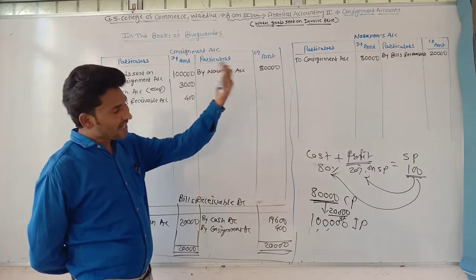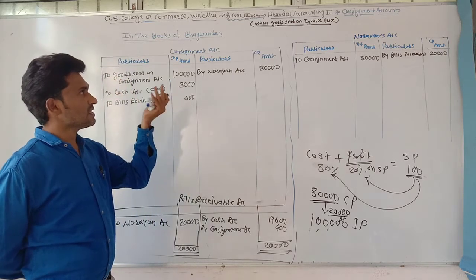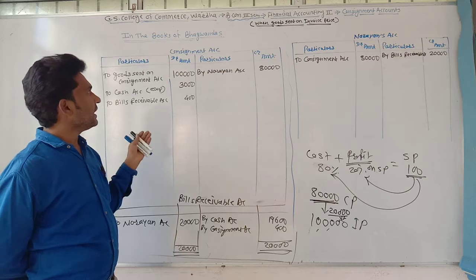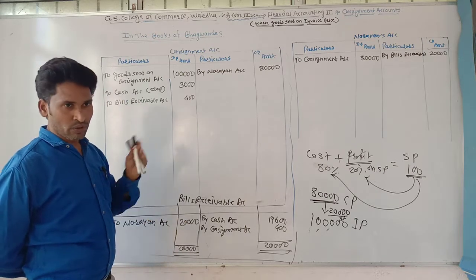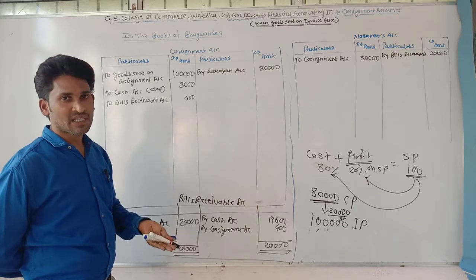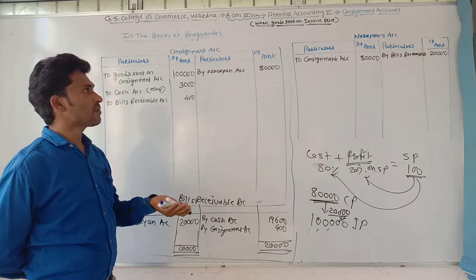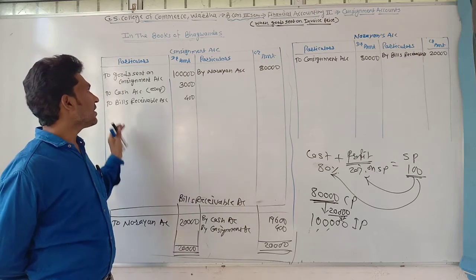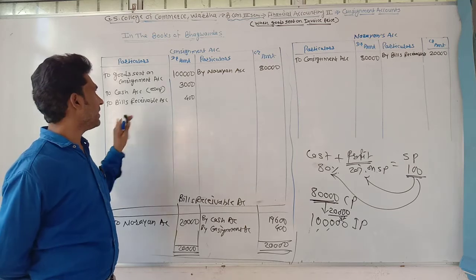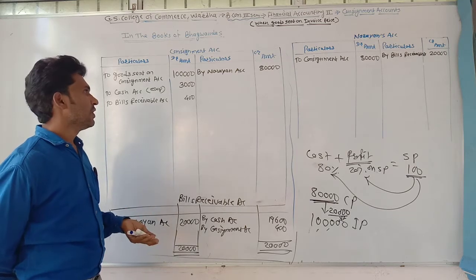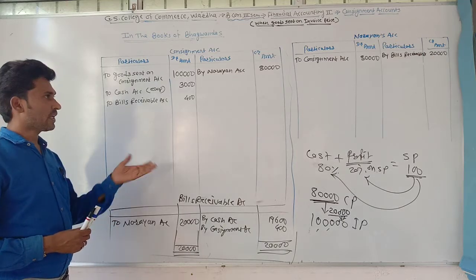The expenses have been paid by Narayan, but when the goods are sent on consignment, the deal between the consignee and consignor is that the total risk and all expenses are covered by the consignor. It means the consignee's expenses are always treated as the consignment's expenses. So the expenses are recorded at the debit side of the consignment account. Now Narayan has spent rupees 1,500 for carrying the goods.